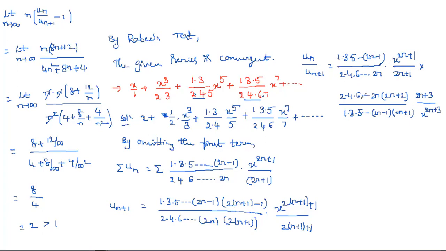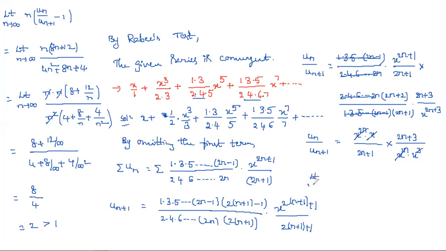Here it is having up to this one and up to this cancel, and next up to this, and then this one cancel. Now un by un plus 1 is equal, what about remaining? So simply we can write this as x power 2n plus 1. We can write it as x power 2n into x, and here it is having by 2n plus 1 into 2n plus 3 by x power 2n plus 3. We can write it as x power 2n into x cube. So x power 2n and x power 2n both will cancel, 1 x and then 1 x cancel. So directly we can't substitute the limit.